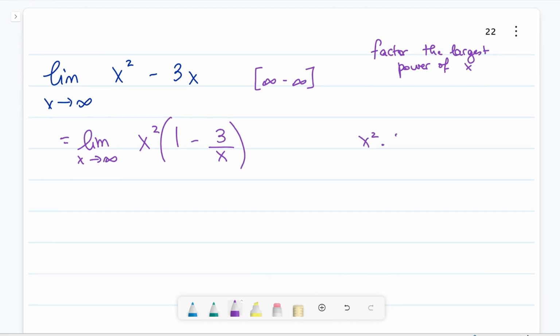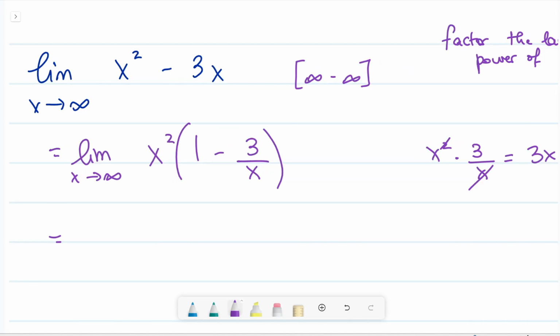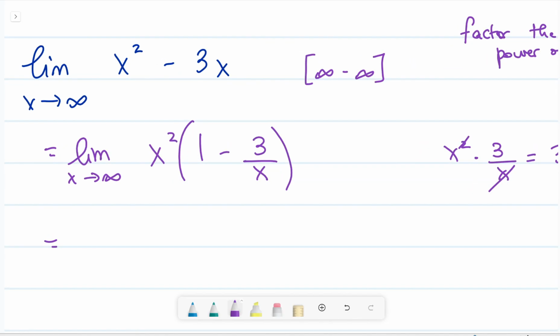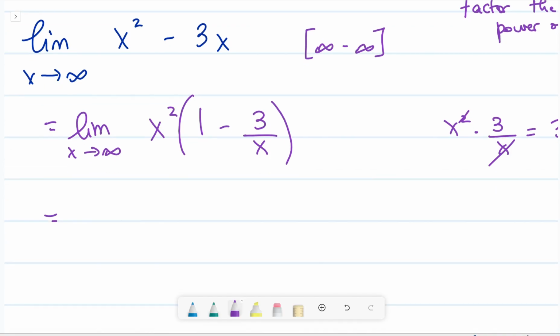Just a reminder, x squared times 3 over x is 3x, that's why this works. Now that I factored out the largest term, let's look at what I have inside the limit. One thing to keep in mind that we earlier explained, that 3 over x, this is a constant over x,